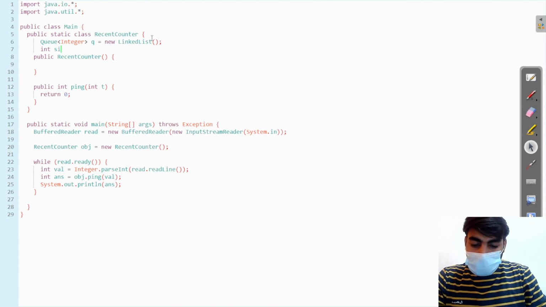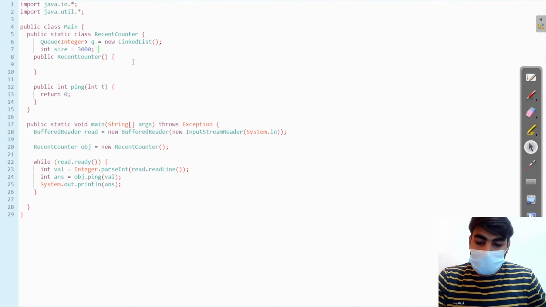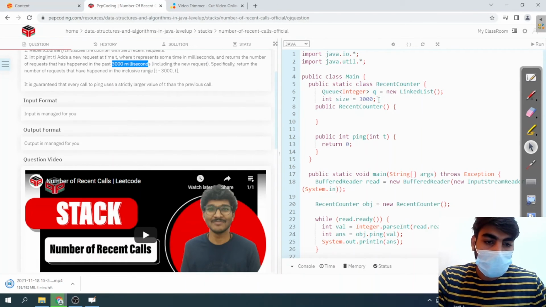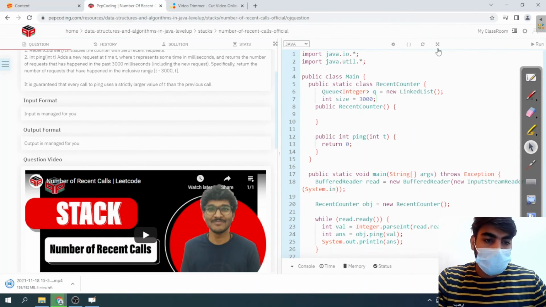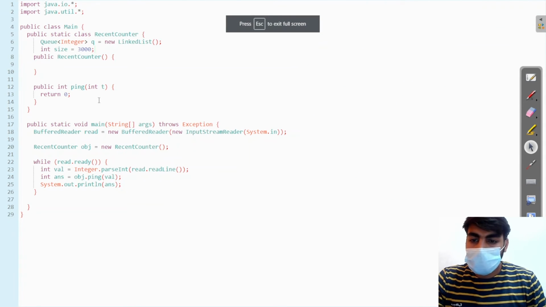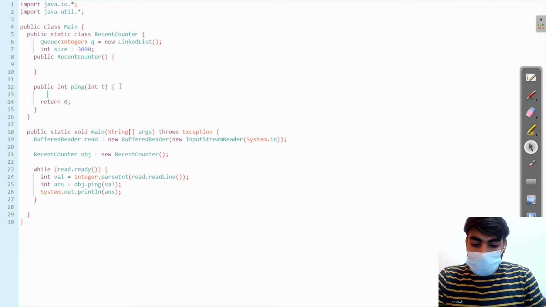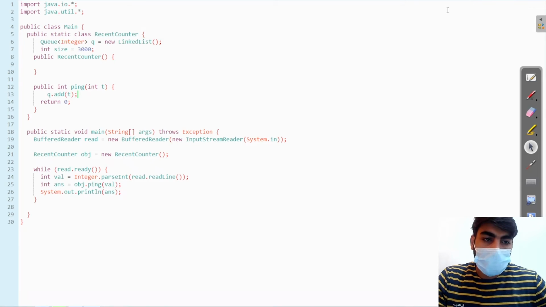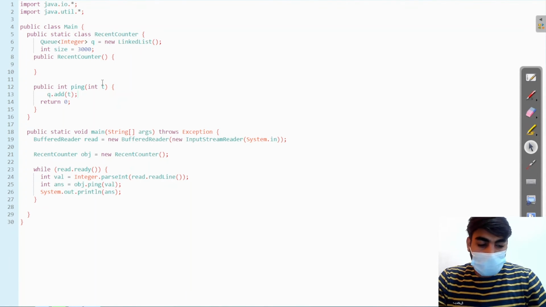Then we have a size, int size equals 3000. You can see this thing here, 3000 milliseconds. Okay, now we have the ping function. So I am completing writing here. Firstly, what we have to do, we have to add to the queue. So we are adding t here. You can see here, when we have 1, we firstly add 1 to our queue. Same thing I am doing here,